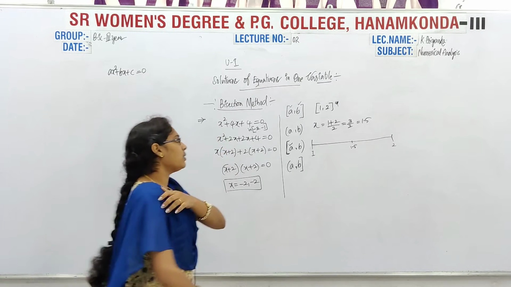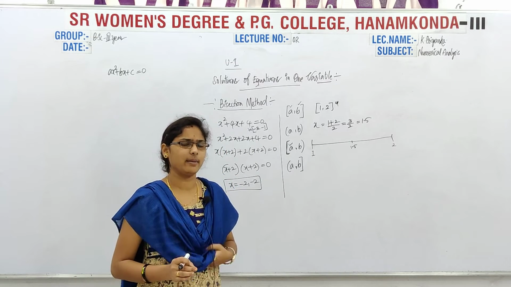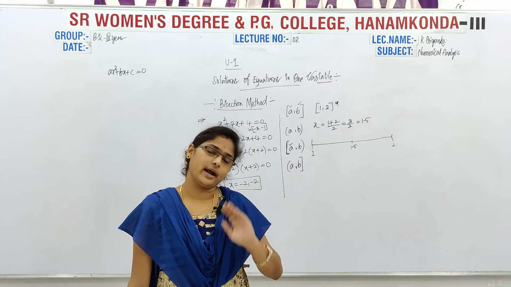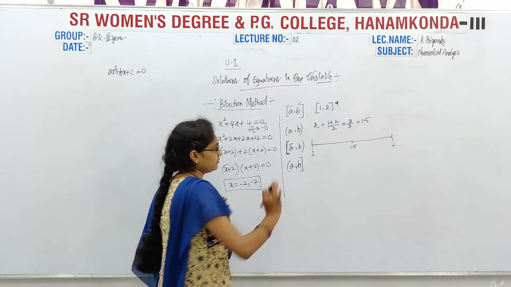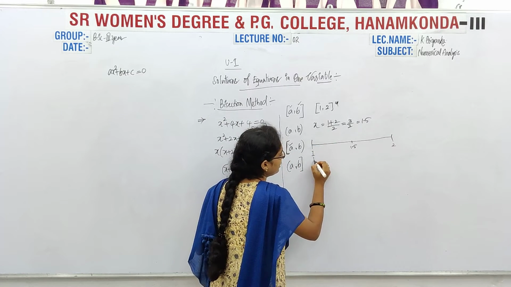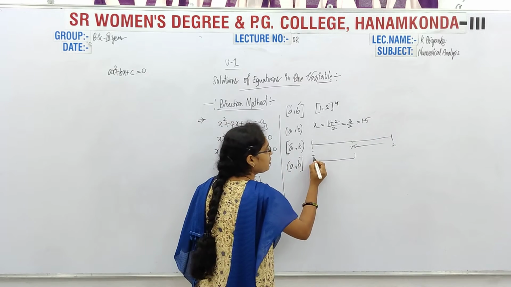Okay. So now of course I will give one simple example, and by that I will give the procedure of how to find the bisection method, and after that I will start the main problem. Okay. Now see, for example, if the function value lies in this one, then no need to take this part. Simply now what you have to do,